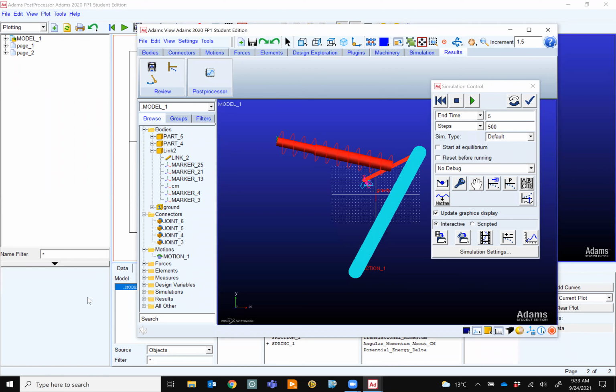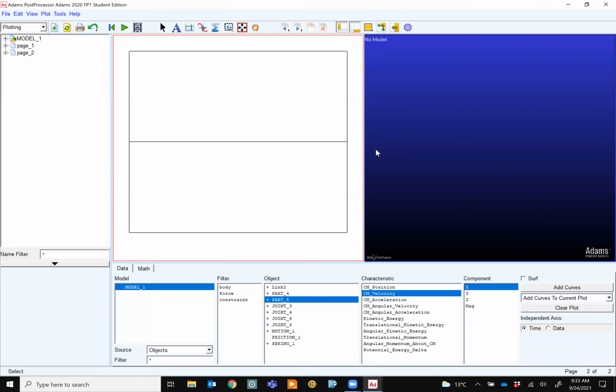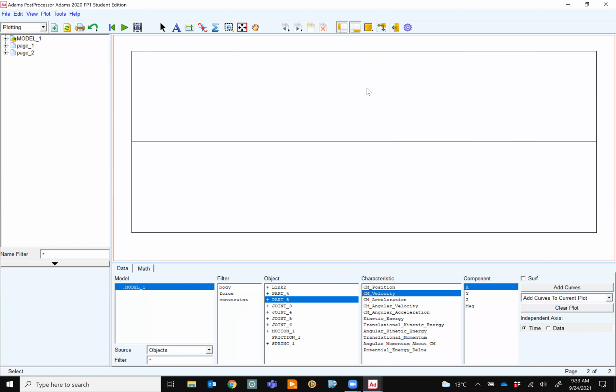Okay, this is here. All right. So this is for animation, this is for plot. I don't want to click on that one anyway, but it doesn't have to be animation. It can be just one window, right? And all plot. So let's see what we have here. If I click on body, I can see only the bodies that I have: part 5, part 4, and link 2.